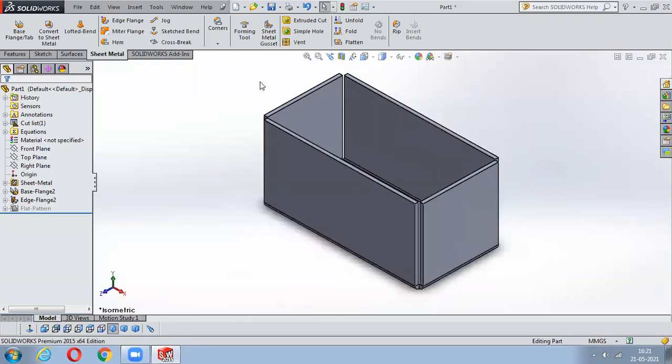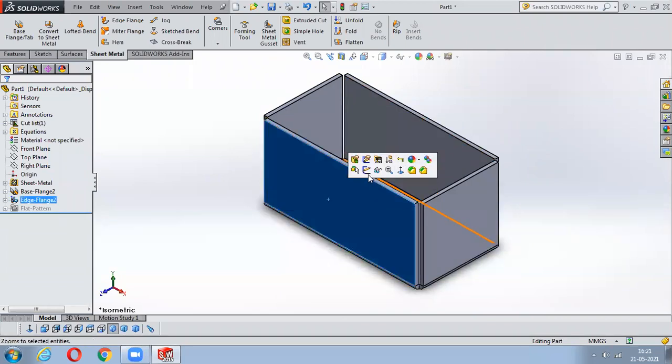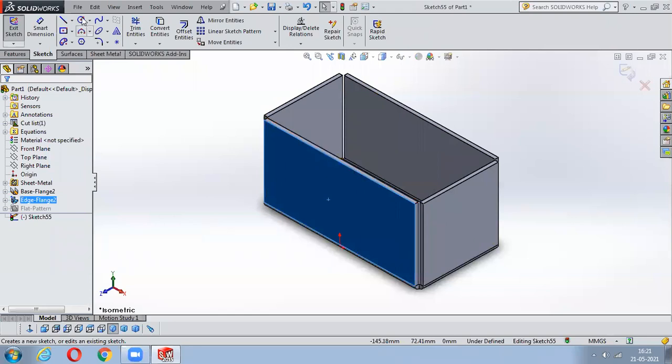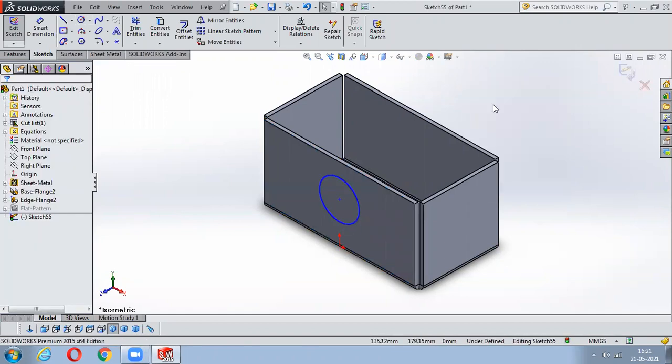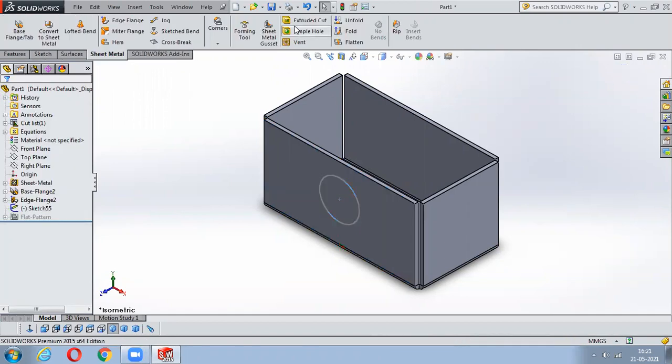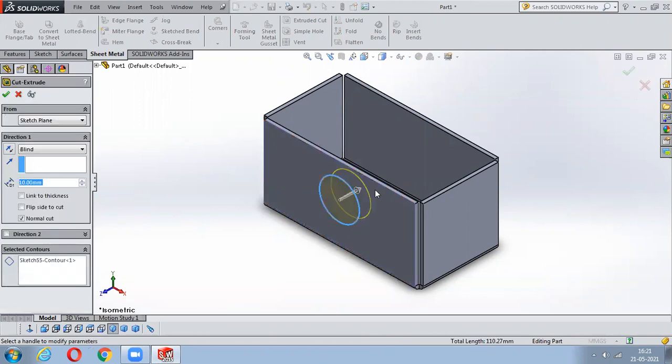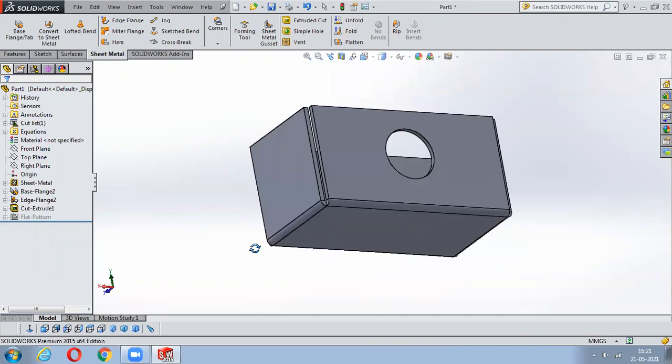So now if you just move on to this extrude cut, just click here. I'll say just go to sketch. I want to create a hole like this here. So I'll just draw a hole like this. If you want to cut it out, we'll just directly use this extrude cut. I'll just select this. It will be cutting. If you want to make it through, you can make it through as well. Okay.